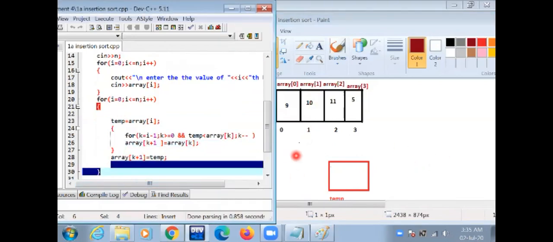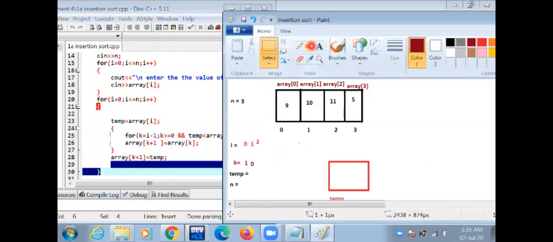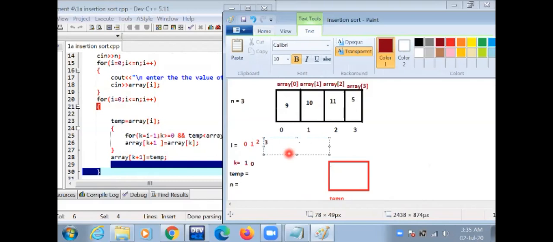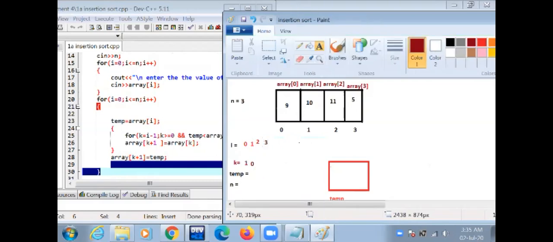The value of i is incremented. The value of i is 3. Temp equals array[i]. Array[i] points to index 3. Let's see, 9, 10, 11 is the sorted part of the array, and temp equals array[i]. Array[3] points to the value 5, and 5 is inserted